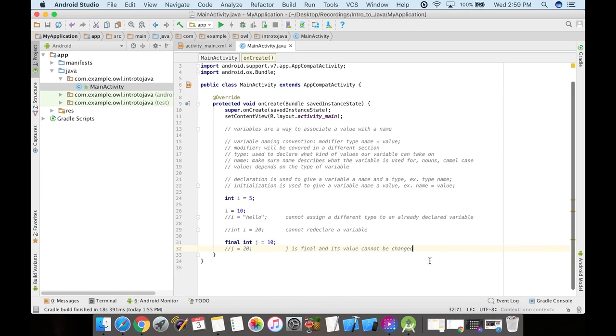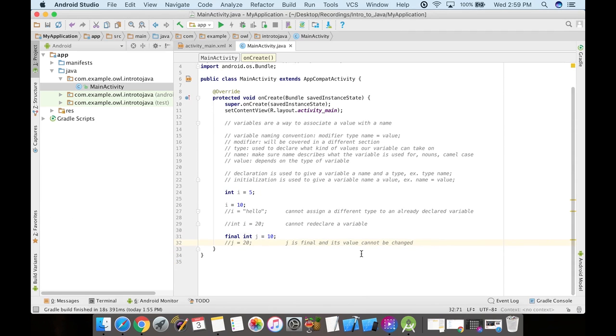Now, I just want to point out one more common mistake before we move on to our next section, which is going to be describing types, and that is assigning a variable another variable's value. So we have our integer i. We first declared it to be 5, then we initialized it from 5 to be 10, we changed its value. But now let's say we want to change it to j's current value. So let's say j is actually equal to 20,